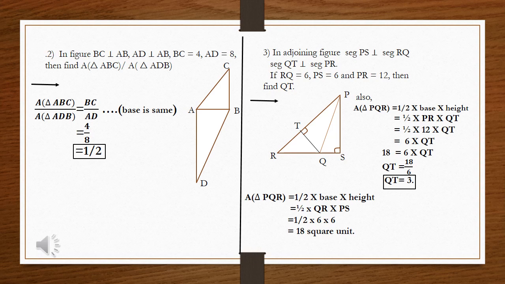And we just solved that area of triangle PQR equals 18. So substituting this value of area, we get 18 equal to 6 into QT. So QT equals 18 divided by 6. So QT